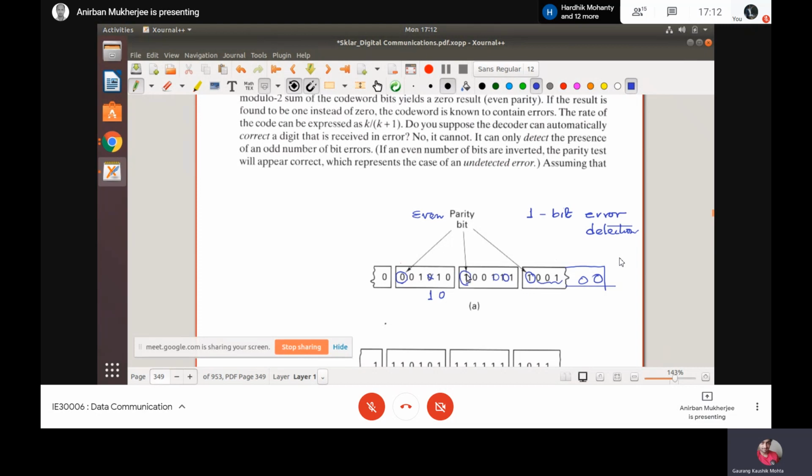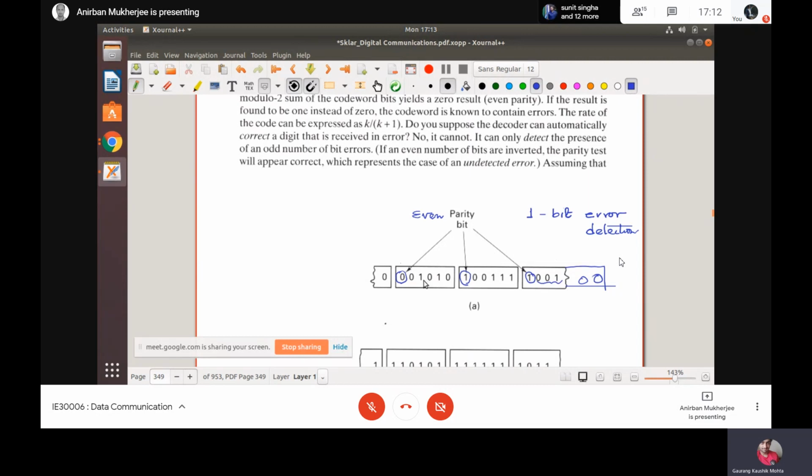So I must expect that where 1 is there, we will assume that the received block is correct, but which is actually not the case. It has undergone 2 bits of error. Now again, if I have 3 bits of error,